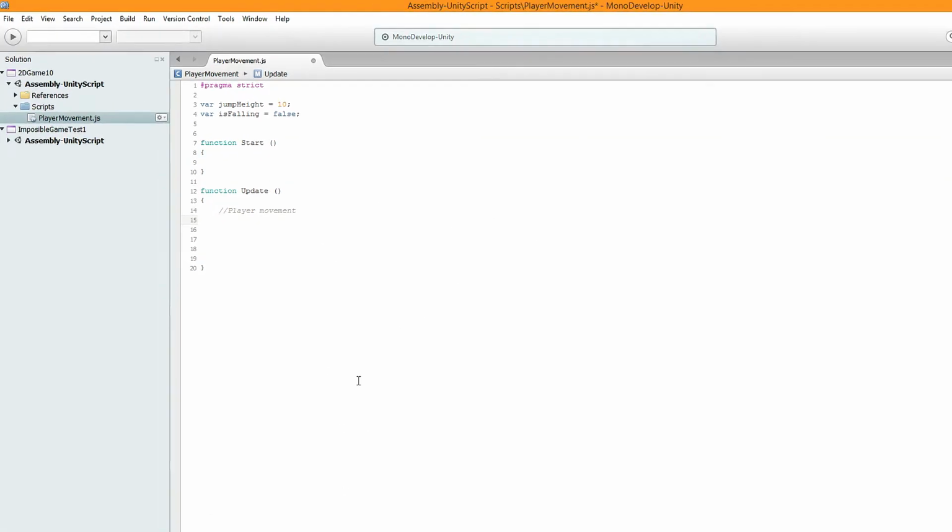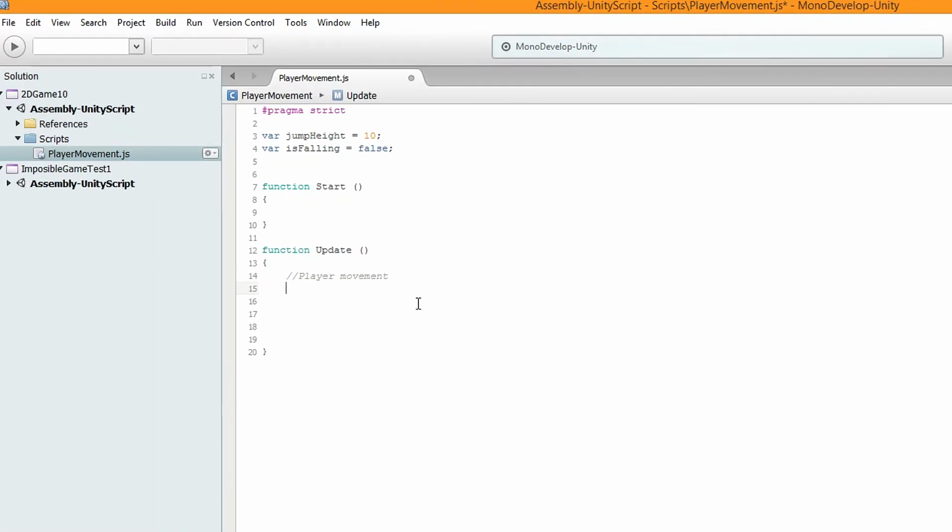Okay, so open up your MonoDevelop again, and what we're going to do is set our jump speed by basically declaring an if statement.